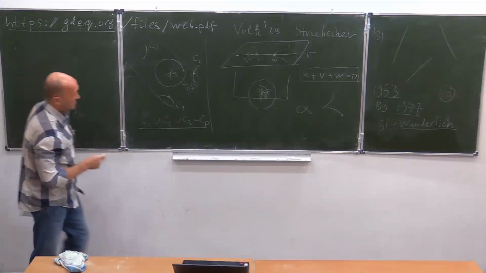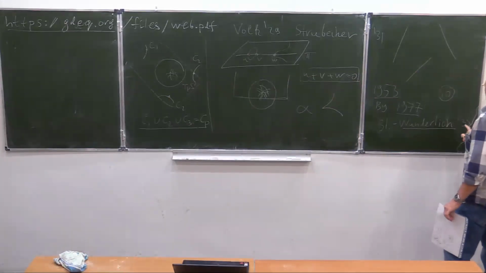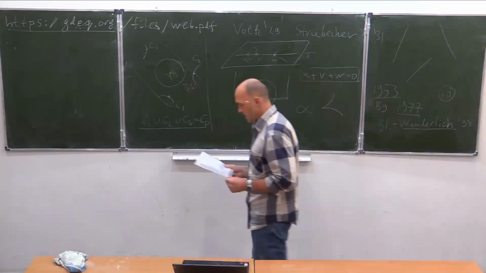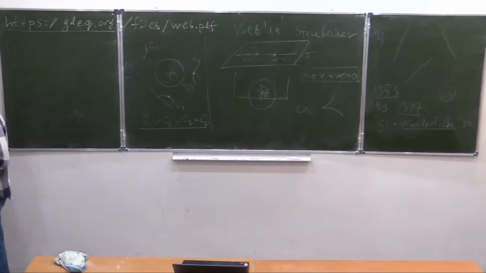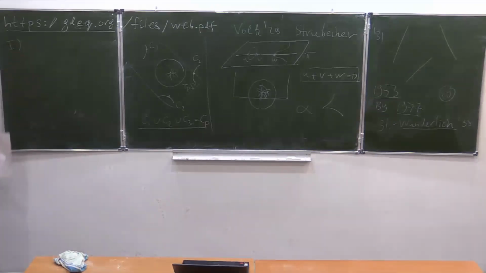So Wunderlich, in this same year, 38, published a paper where he discusses a very interesting 3-web, but I will mention this 3-web of circles a bit later. He observed the following construction, which always gives